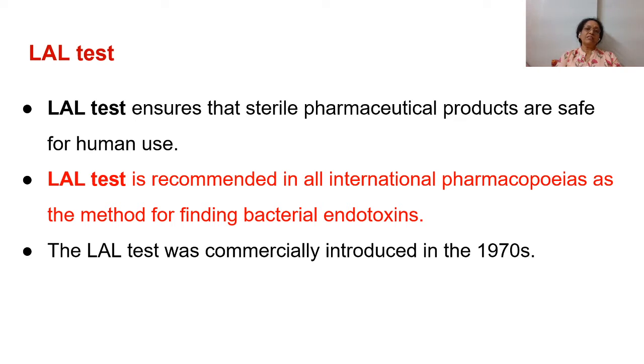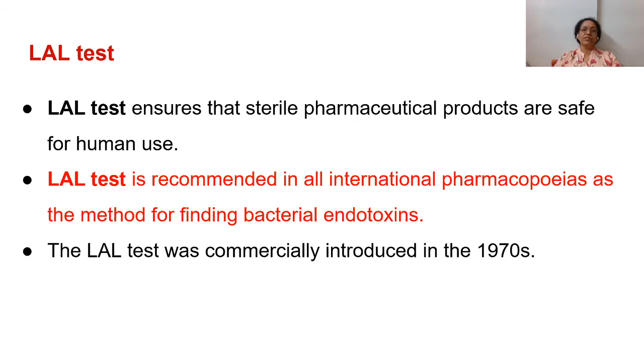So this LAL test is recommended in all international pharmacopoeias as the method for finding bacterial endotoxins. The LAL test was commercially introduced in the 1970s, but nowadays also it is used widely to find out pyrogens, endotoxins